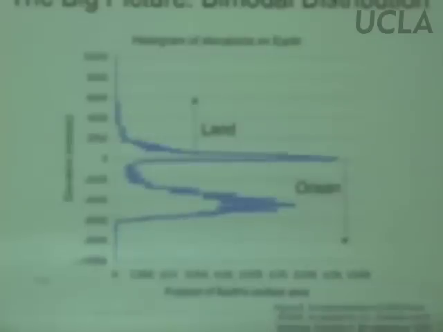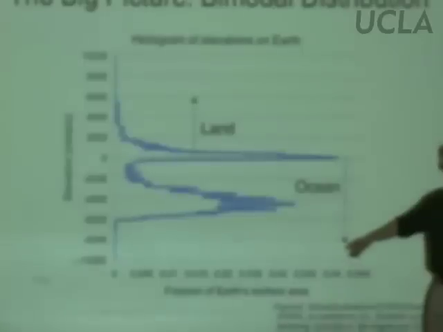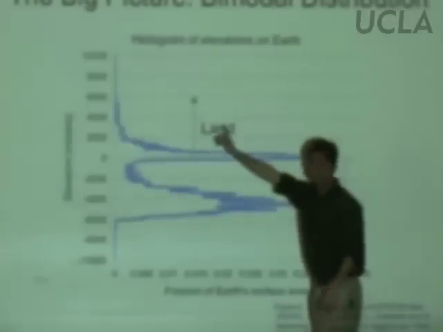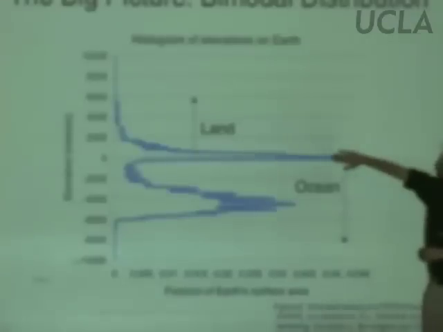Okay, this is a histogram, for those of you who are familiar with that, where the x-axis in this case is just how common is that elevation. The y-axis is elevation. Okay, and you can see that there are two peaks, right? There are two fairly prominent peaks. Okay, it's not like the Earth's elevation is some messy munge with all kinds of random stuff in it. There seems to be a very strong tendency for elevations just barely above sea level or just a little bit below sea level,